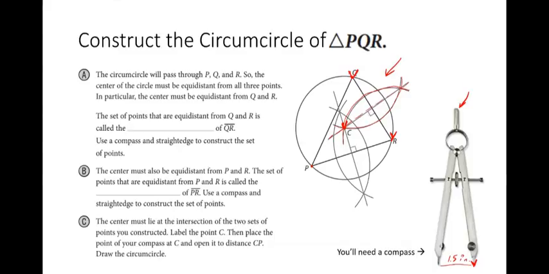You should have successfully created a perpendicular bisector. Double check with the protractor. If you were to measure this angle right here, you should get 90 degrees. So once you do that, you should see something like that so far. Now the next thing I want you to do